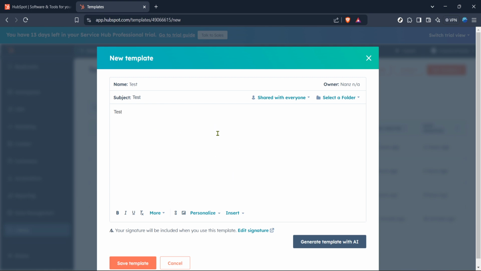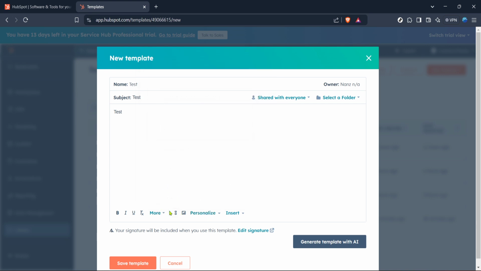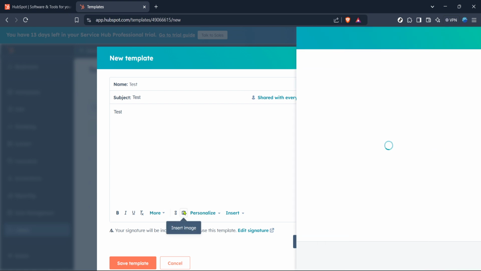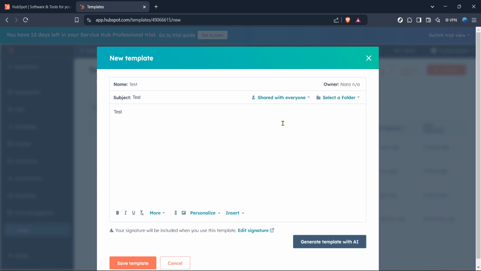As you're building your email template, keep in mind the key elements of good design: simplicity, alignment, consistent use of colors and fonts, and mobile responsiveness. You want your emails to look just as engaging on a smartphone or tablet as they do on a desktop computer. Take advantage of HubSpot's drag and drop functionality to easily move content around and try different layouts without any need for coding skills. And there you have it, you now know how to set up a new email template